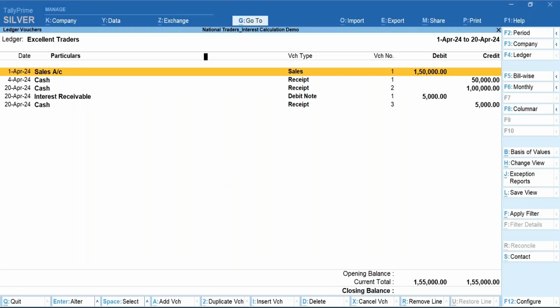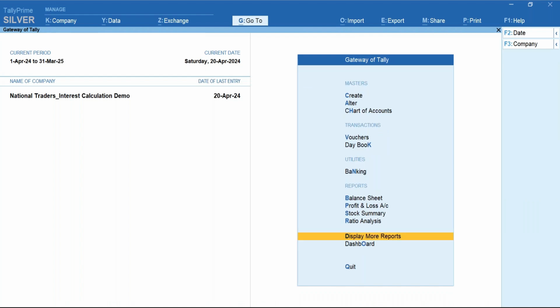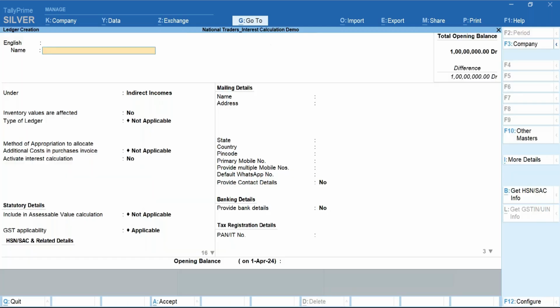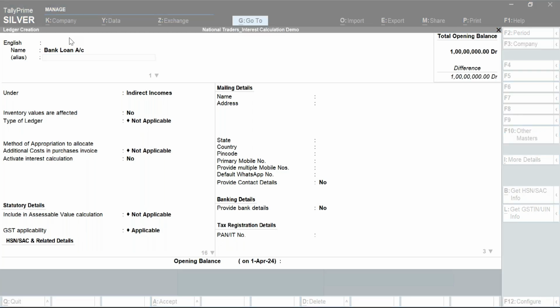Now let us proceed with the second scenario wherein national traders have taken a loan from the bank and they want to calculate the interest on the bank loan that they have taken. In this scenario, I'll be creating a ledger here: a bank loan account, or some of you have also mentioned that you have taken it from an NBFC account or it is an FDR, right? Whatever is the particular account in which you want to charge the interest, from wherever you have taken that particular loan or lent the money, you can create that ledger name